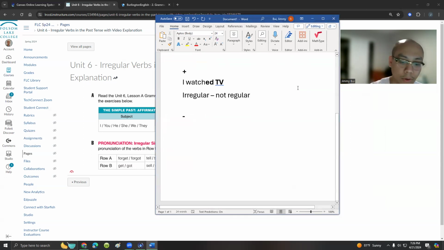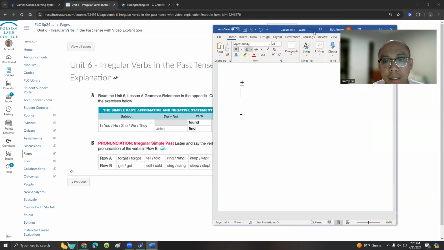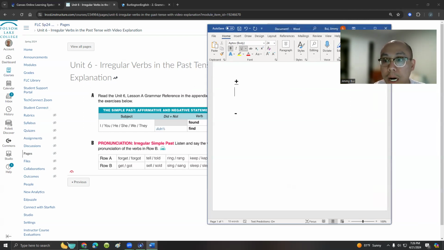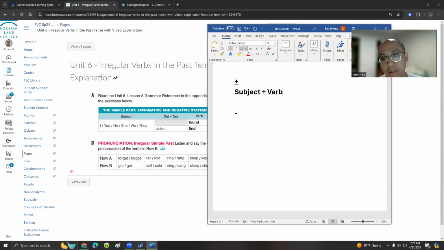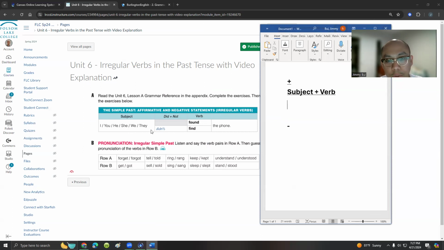But first and foremost, when we have irregular verbs, we have, again, positive and negative statements. So we have affirmative or positive and then negative statements. In affirmative or positive statements, you're going to use subject plus verb, but the irregular form, okay? Regardless of subject, in the example here, I, you, he, she, we, they, singular, plural, it stays the same,